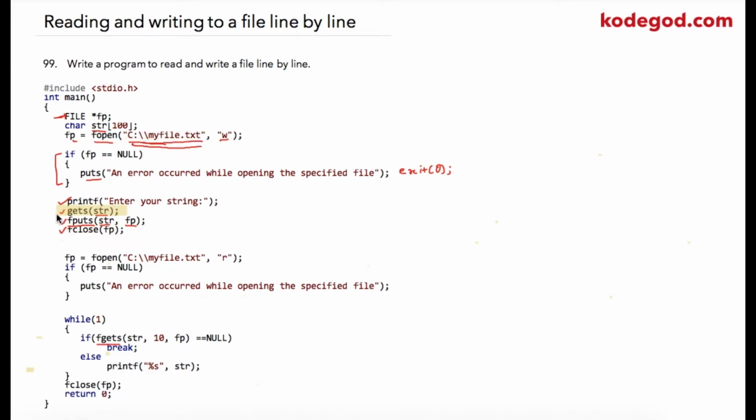Now here we are just writing a single statement. You can use a while loop and run it until a specific point so that the user can enter multiple lines, which will be written into your file using the fputs function inside your while loop. Once the file write operation is completed, I am opening the same file in read mode,